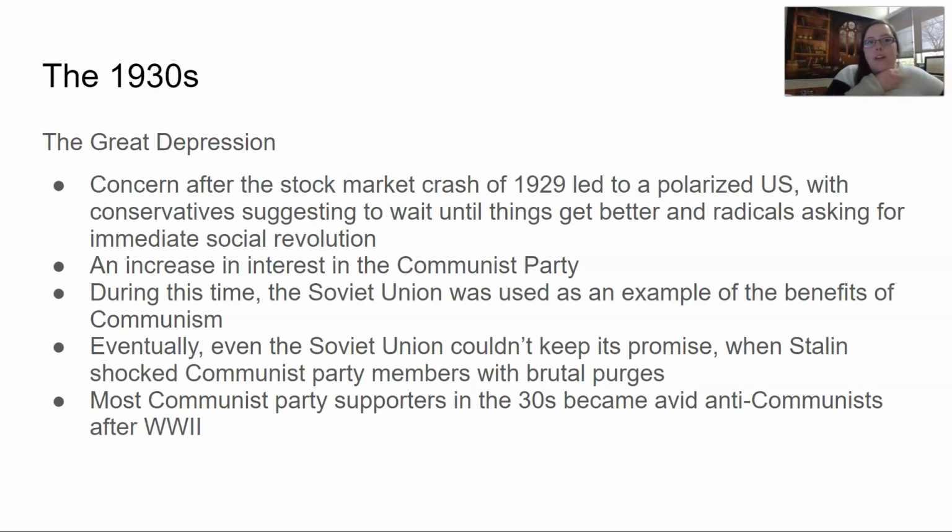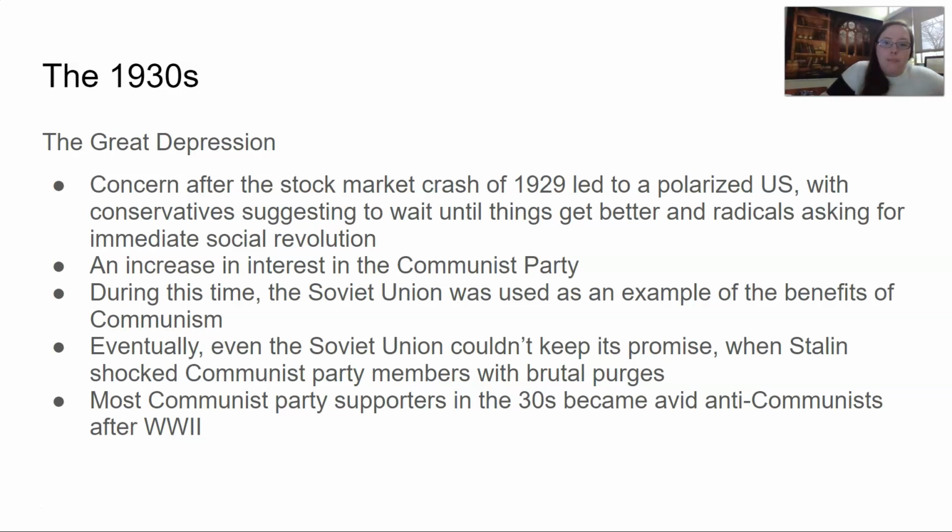Our book covers the 1930s, which is really just the Great Depression. After the stock market crashes, we get a more polarized United States. So when we're not in wartime, we're not so unified. Conservatives suggest, let's wait until things get better. Radicals say, no, we need immediate social revolution, which leads to an increase in interest in the Communist Party because Tsarist Russia has just become the Soviet Union, and people are like, look how great communism is working in the Soviet Union. That is until,